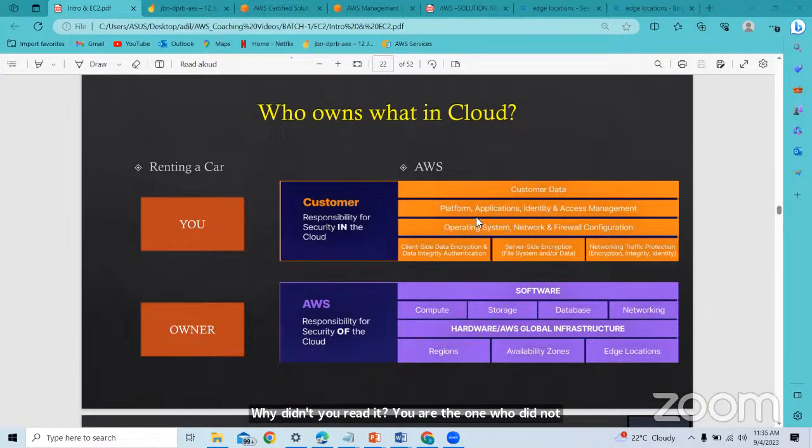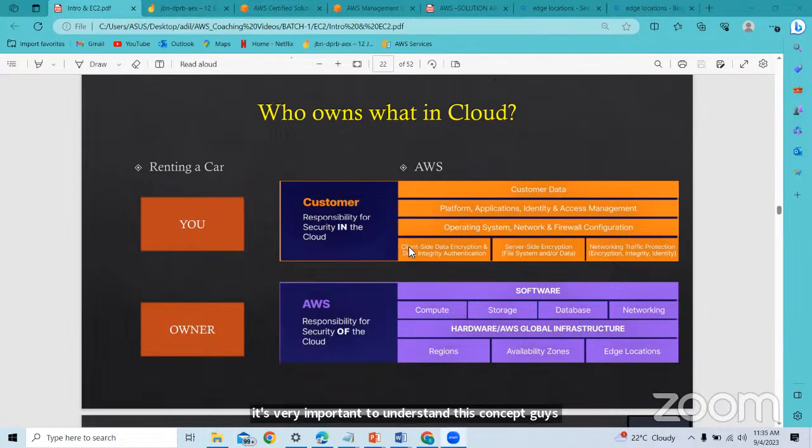And in IAM, let's say you give database access to your sales guy, and that sales guy steals your data and shares it with a client or any end user. In that case, it is not AWS's responsibility. It is your responsibility, access management. So that is why it's very important to understand this concept, guys.